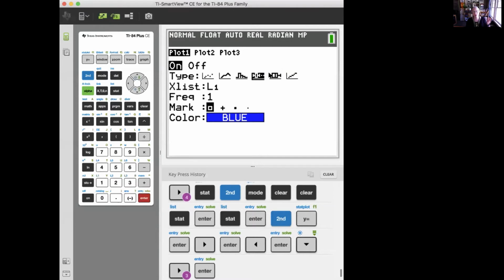For different purposes, you may or may not want the first one. You can use either one, it doesn't matter. Scroll down. The X list, this is where your data is. So you want to make sure that says L1. It should default to L1, but for the next two, you definitely want to double check that it's switching to